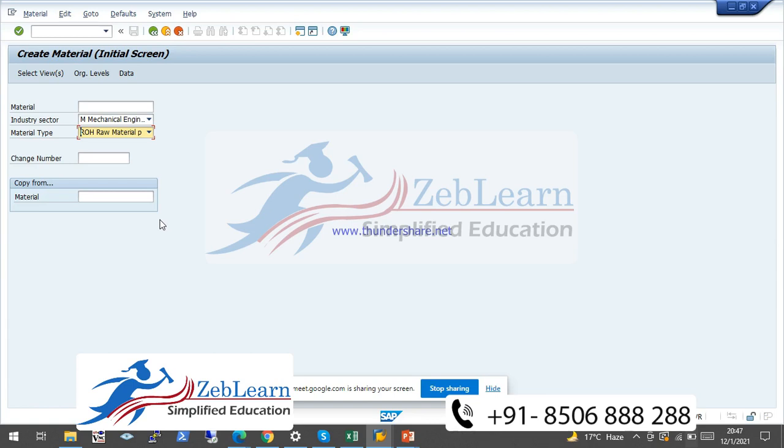Once we select it and press enter, we can also maintain material number externally, or we can also maintain the material number internally. Externally means we can enter here material number as per our requirement or as we desire. We can also maintain alphabetic, or with a prefix.